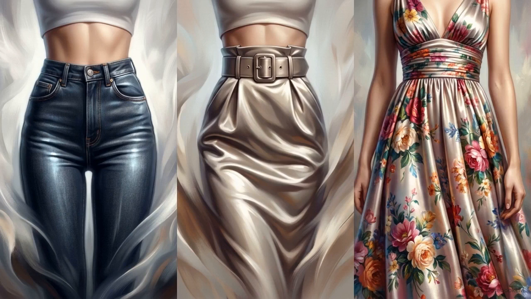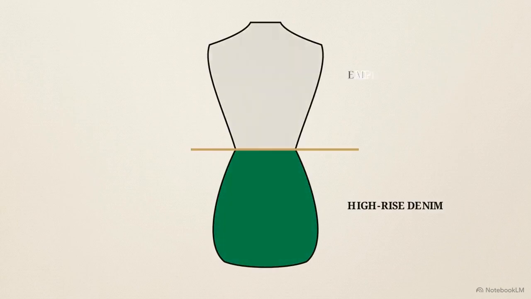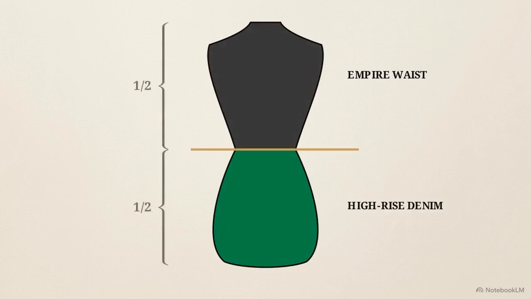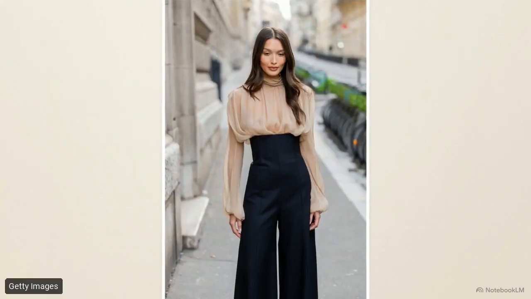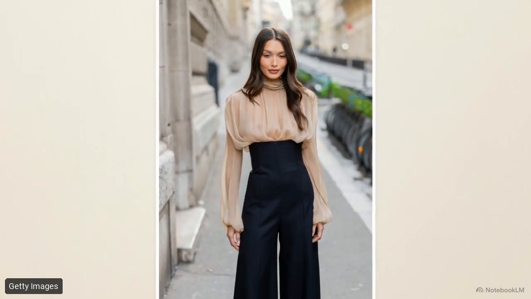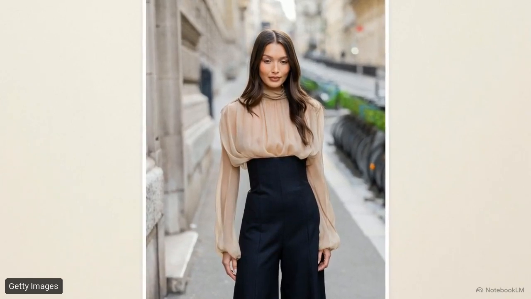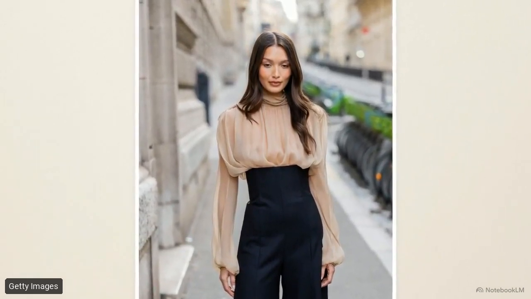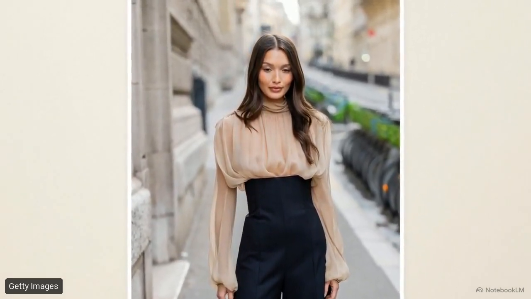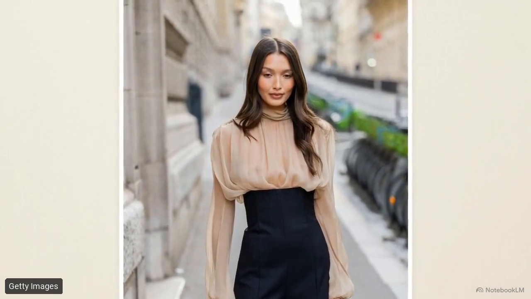For the last decade, our wardrobes have been defined by high-waisted silhouettes. From high-rise denim to empire waist dresses, the standard geometry of fashion has relied on drawing a harsh horizontal line squarely across the natural waist. As we see in this image of a standard high-waisted look, that traditional breakpoint immediately cuts the torso in half. It terminates the visual flow of the upper body, creating a sense of aesthetic claustrophobia and artificially shortening the wearer's